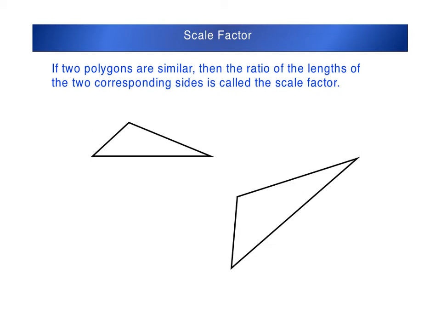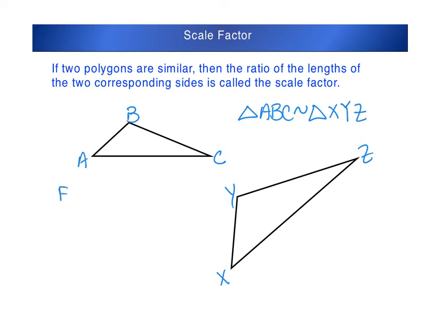If two polygons are similar, then the ratio of the lengths of two corresponding sides is called the scale factor. So if I went through and labeled these triangles with vertices, make this one ABC, and this one XYZ, and I told you that triangle ABC is similar to triangle XYZ, the scale factor from triangle